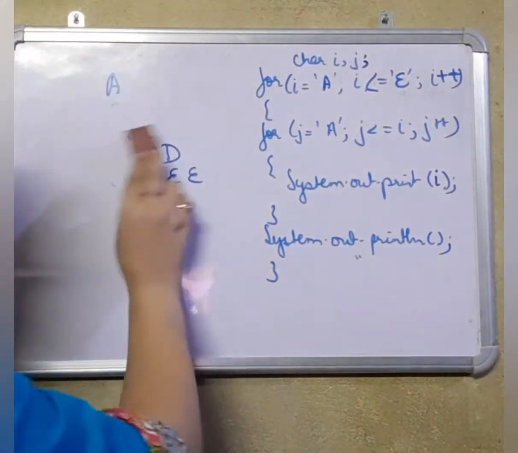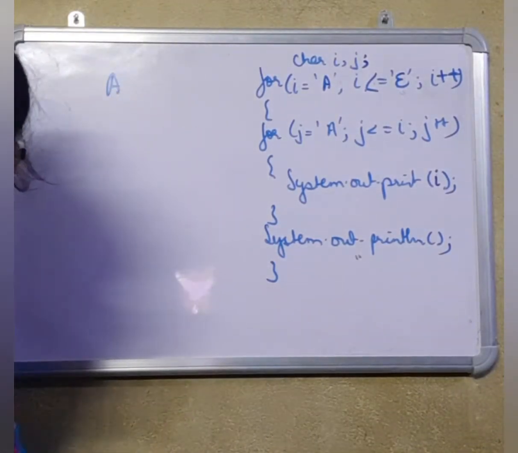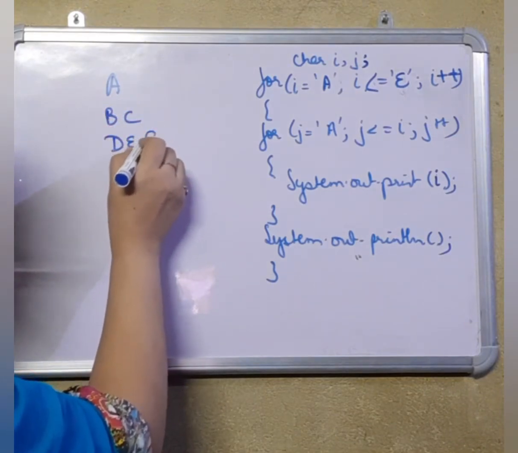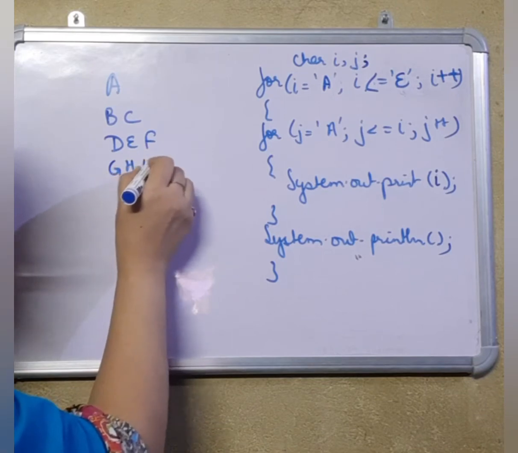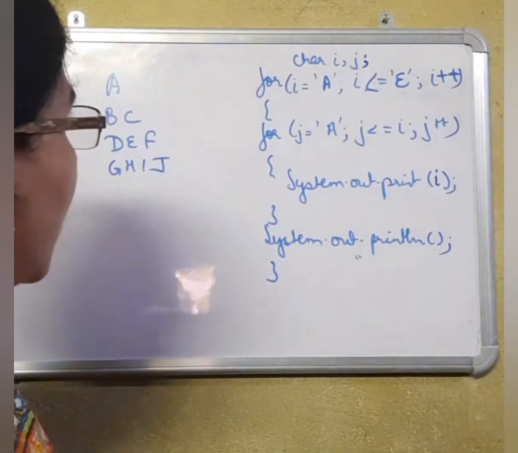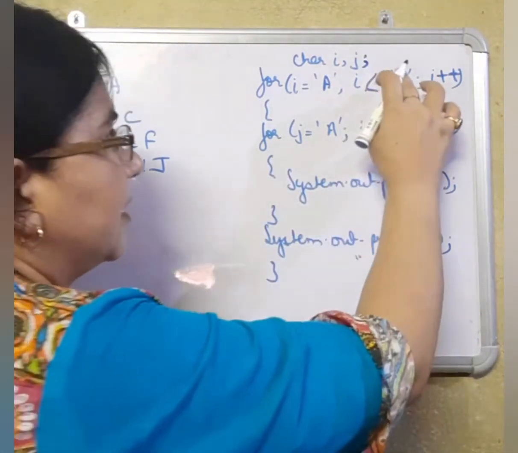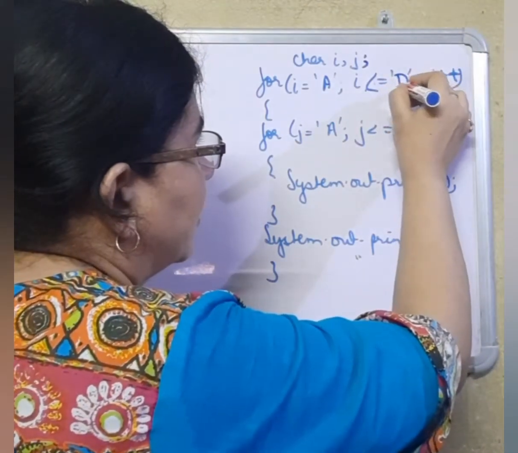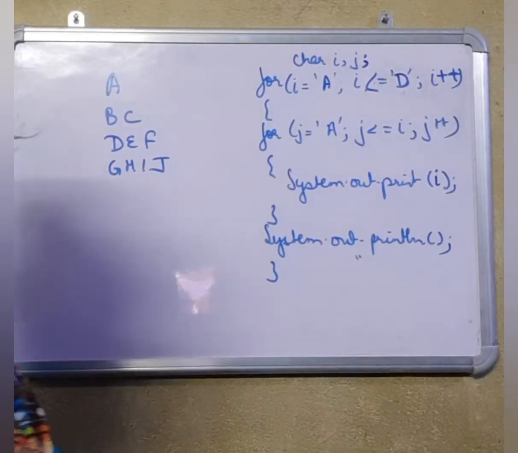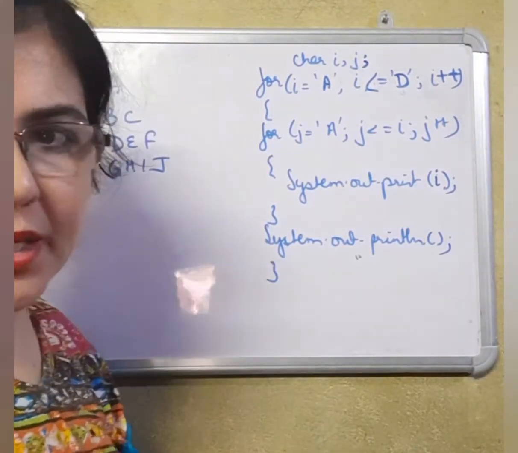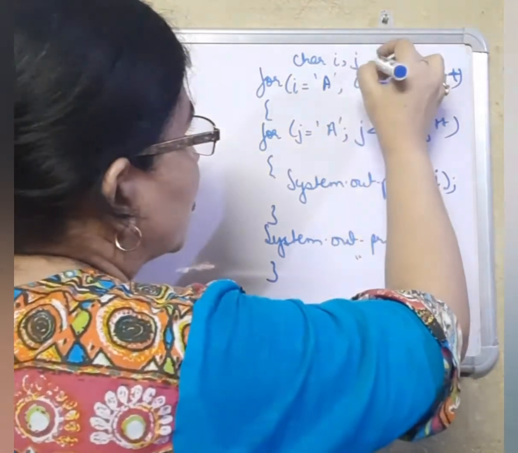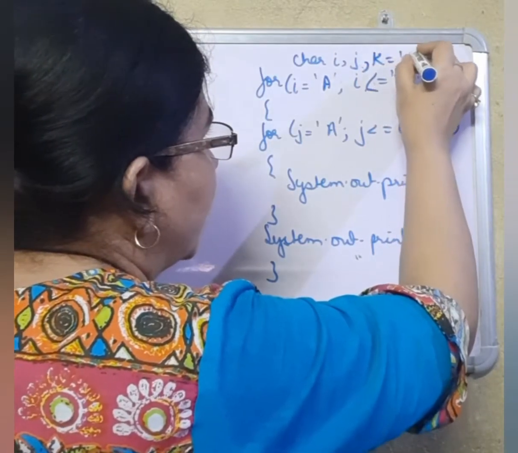Now let's look at that also, which we have seen in 1, 2, 3, 4, 5, 6, 7, 8, 9, 10. Here also A, B, C, D, E, F, G, H, I, J. Again, there are 4 lines here. So I will start from A till D. And J will start from A till I. But both of them cannot be printed because the values are gradually increasing in each and every line. So we need an extra variable having the value A.